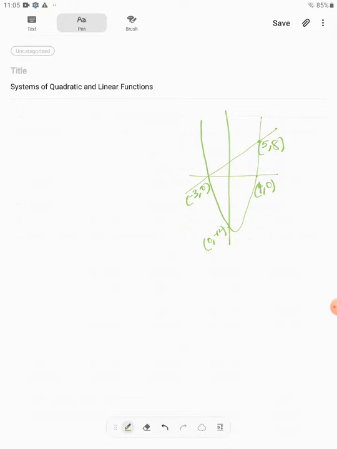You're asked to find the equations of each function, the linear. So you have to first start out with finding the equation of the linear function. So the linear function here,